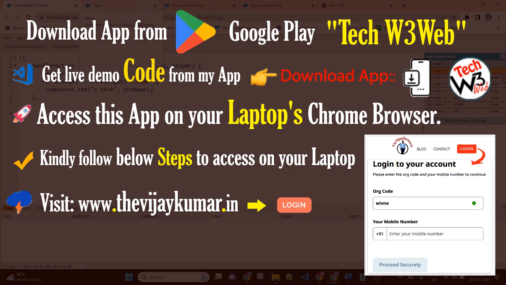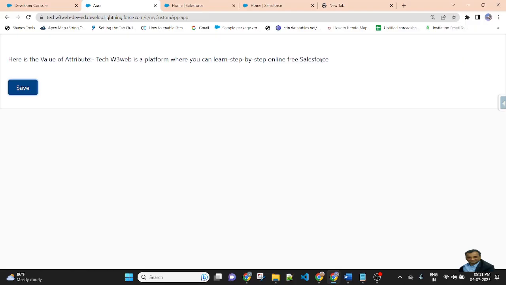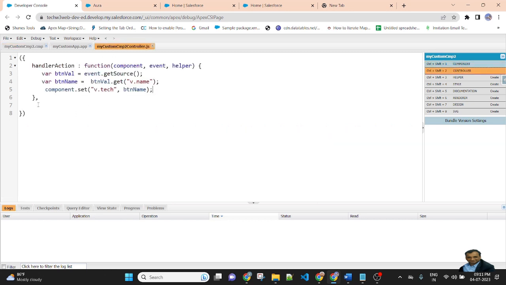So refresh the page. If I click on the button, this value will be changed from this line. Click here and you can see "Tech W3 Way is a platform where you can learn step by step online free Salesforce course". This line has been changed from the JavaScript function.